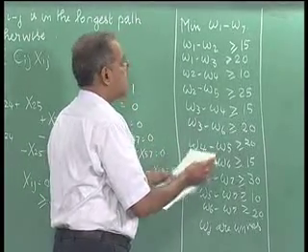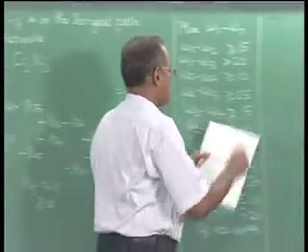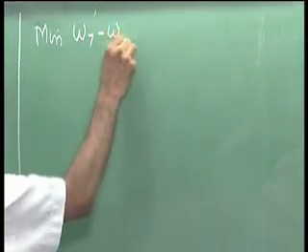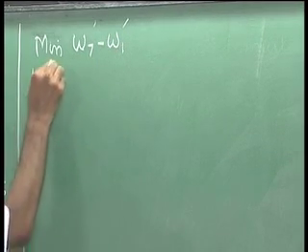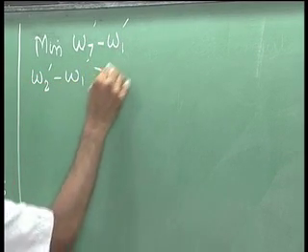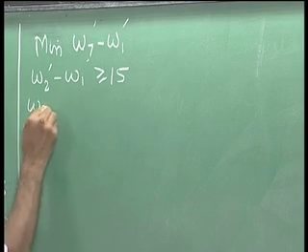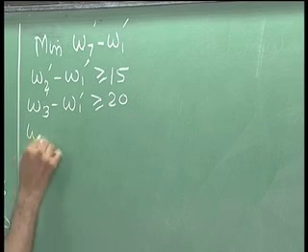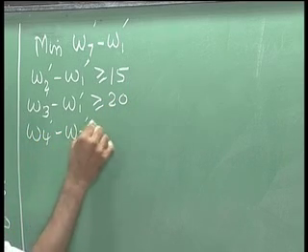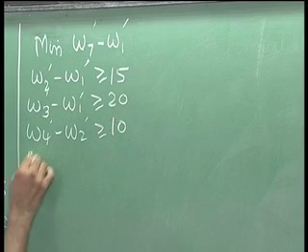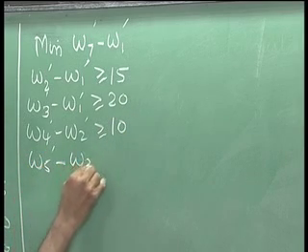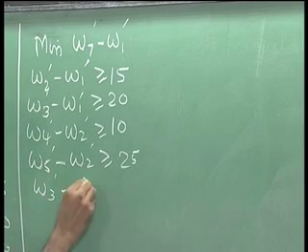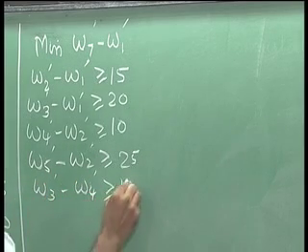dash minus W1 dash, which will become minimize W7 dash minus W1 dash subject to W2 dash minus W1 dash greater than or equal to 15, W3 dash minus W1 dash greater than or equal to 20, W4 dash minus W2 dash greater than or equal to 10, W5 dash minus W2 dash greater than or equal to 25, W3 dash minus W4 dash greater than or equal to 15,